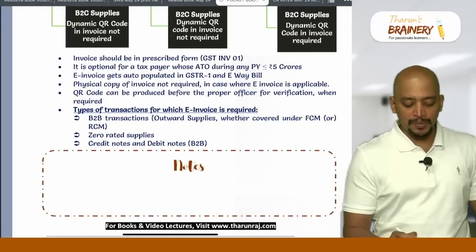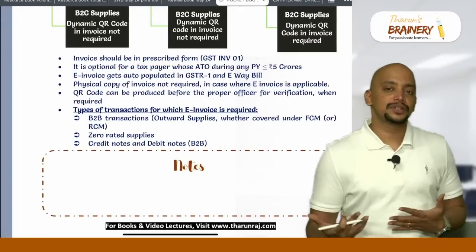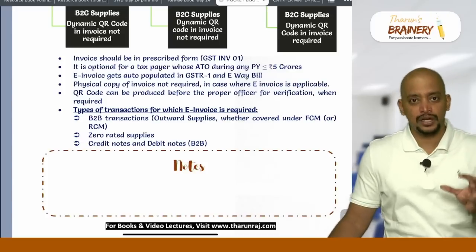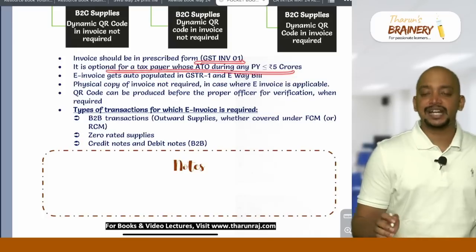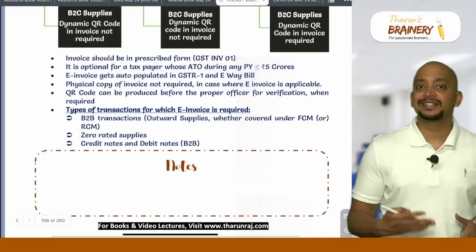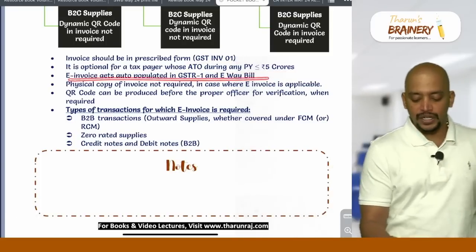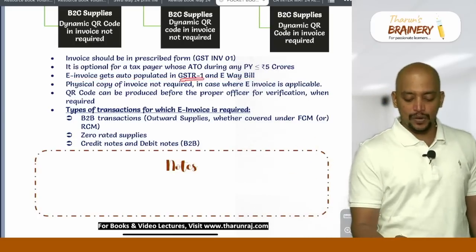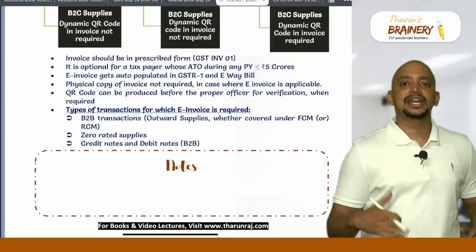Then invoice should be prepared in the prescribed form. What is that prescribed form? INV1, that is using the accounting software or any ERP, we will prepare the invoice. That invoice should be based on a prescribed format, that is form GST INV1. It is optional for a taxpayer whose aggregate turnover during any previous year does not exceed 5 crores. If they want to give an invoice, they can still give it, and whatever invoice that is generated will be auto populated in the GSTR1 and e-way bill, and